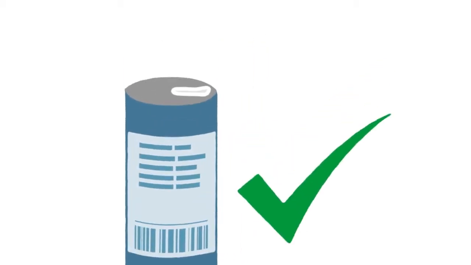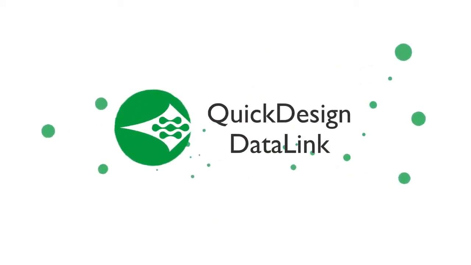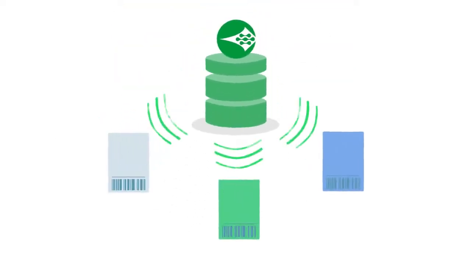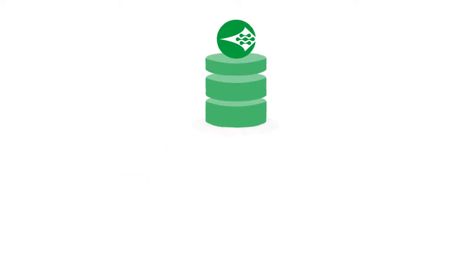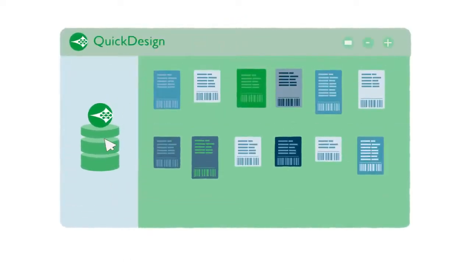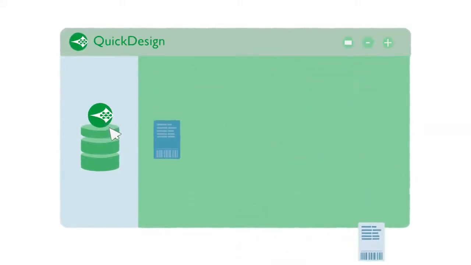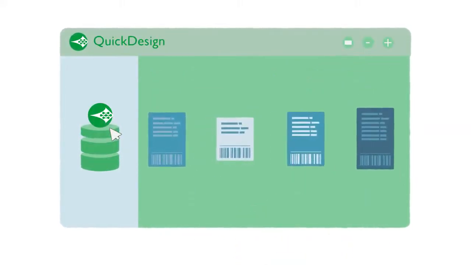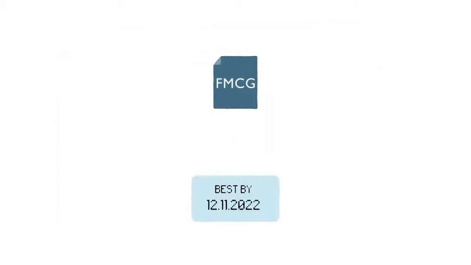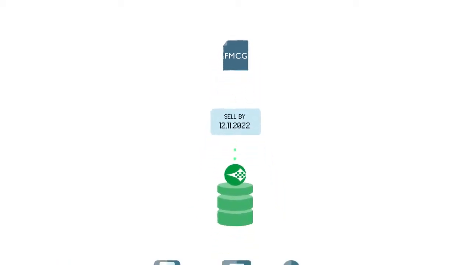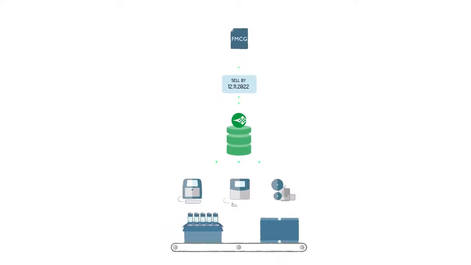maintenance of labels? With Domino's QuickDesign Datalink add-on, product codes and label data can be directly populated from a central database. By utilizing the QuickDesign Label Designer, templates can be used to reduce the overall number of labels to just the minimum required, with all variables retrieved automatically from the database. Being able to make changes quickly and efficiently is critical. That's why QuickDesign Datalink with database lookup gives you the confidence that your production line can handle anything that comes